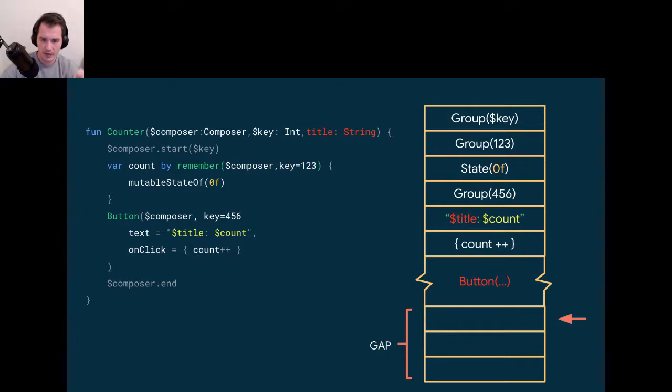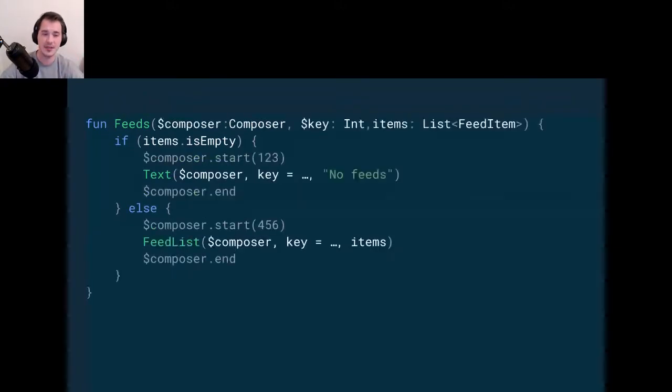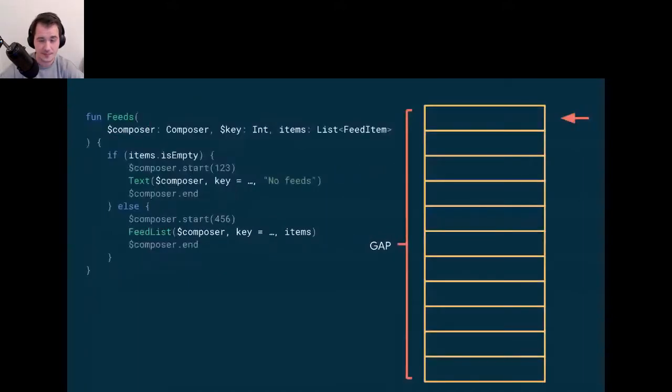So for now, we were not really using 1, 2, 3, and 4, 5, 6. So let's see how we do conditional logic and why we need it. Assume you have this kind of UI. You have feeds, and if the feed is empty, you say, okay, no feeds, no new chats. And if there are any chats or any news feed, you show it. So here is how we will expand it with our Compose runtime plugin, and we will generate 1, 2, 3, and 4, 5, 6, for example, and they will be separate because there are separate if and else statements.